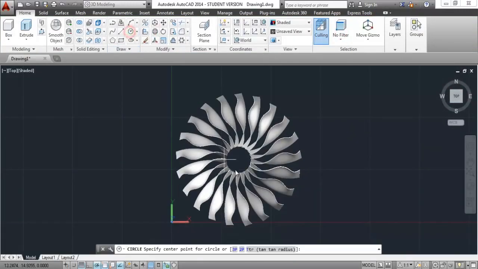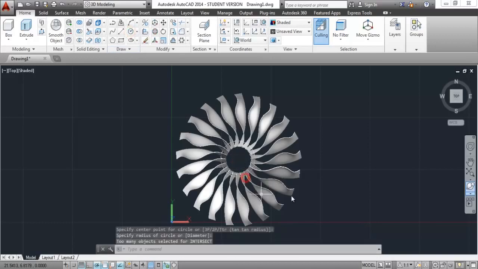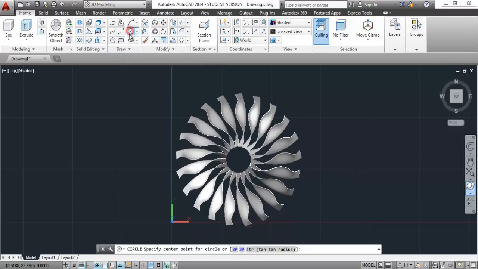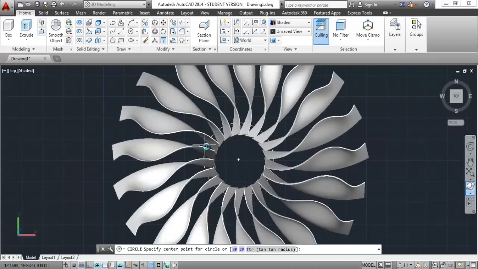Now let's select the circle, approximate to the center, go to the center and make a circle with approximately the same dimensions which I am showing on the screen right now. Select the circle tool again, go to the center of the circle which you have already drawn and make a circle again, but this time with a very small radius. Here also I am using an approximate radius. You don't need to be specific about that.